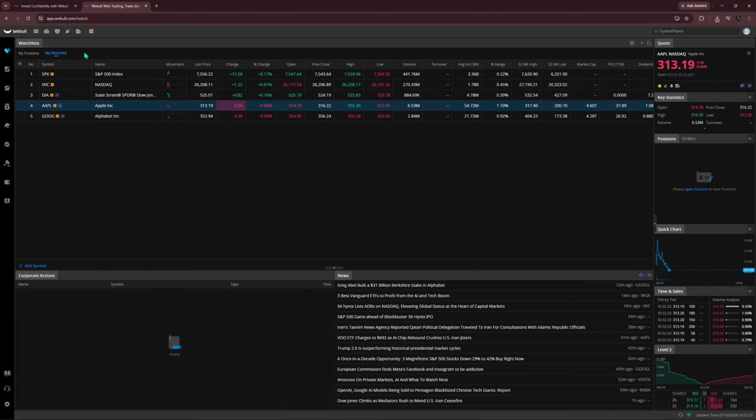Specifically, you need to wait for the cash from your previous sales to fully settle before you use it to purchase another security. This is important because using unsettled funds can lead to a violation, which we definitely want to avoid. Typically, it takes 2 business days for stock sales to settle, so hang tight and let the process complete